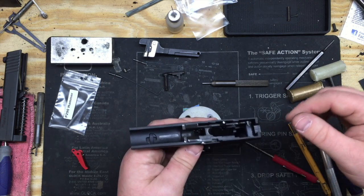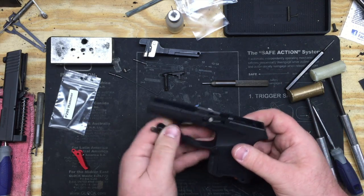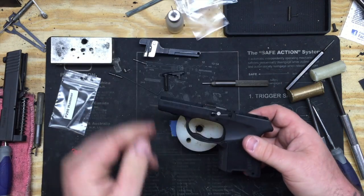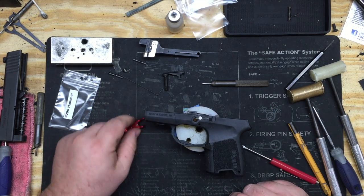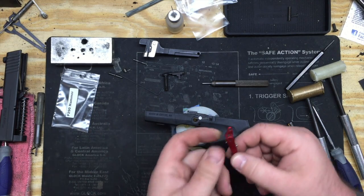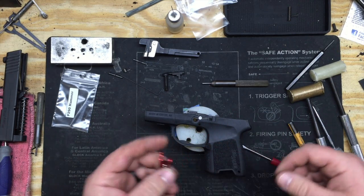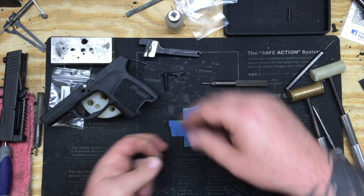So while I was giving my little spiel there, the trigger bar went ahead and came loose from the trigger. So we're going to take it, we're done with it, we're going to put it in our parts bin. Now we're going to install the Antioch flat face. Now again, like I said at the beginning of the video, the installation for both the flat face and the curve is the same. First thing you're going to want to do, before we even get this in here,